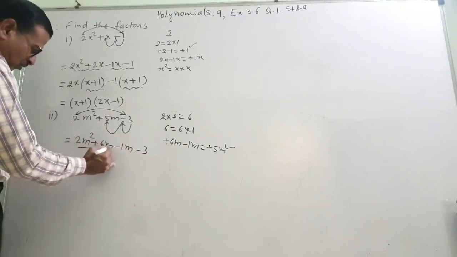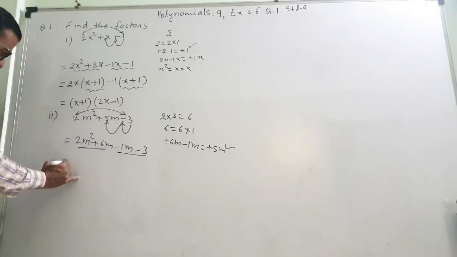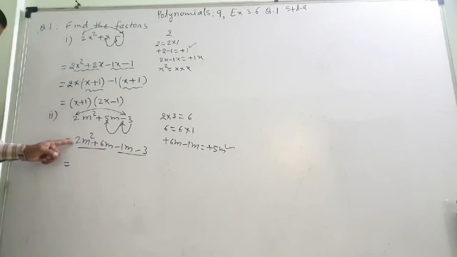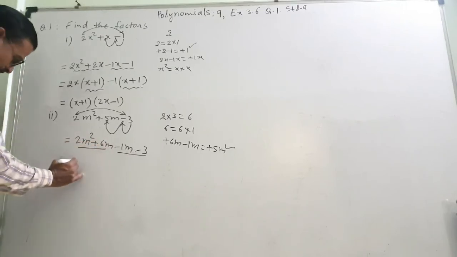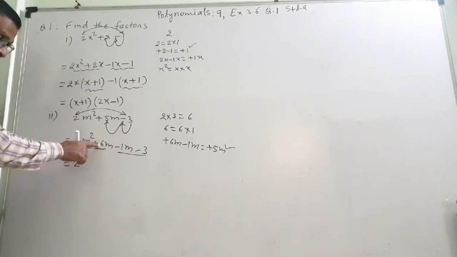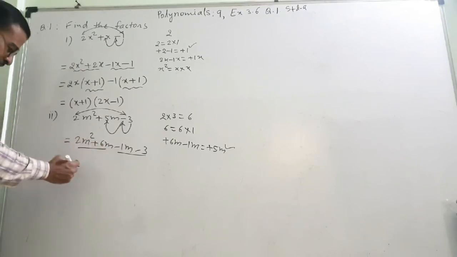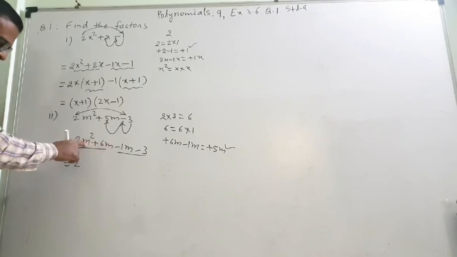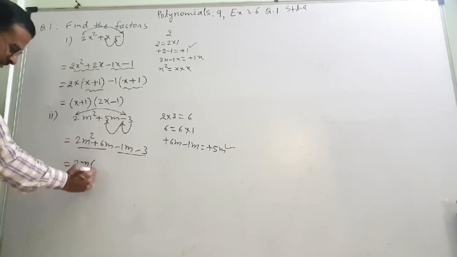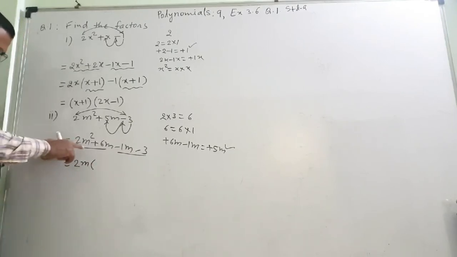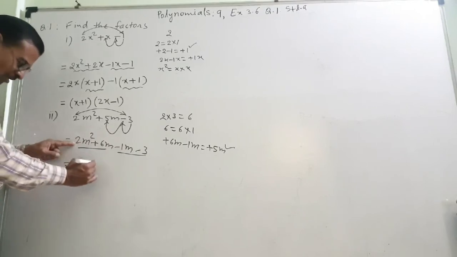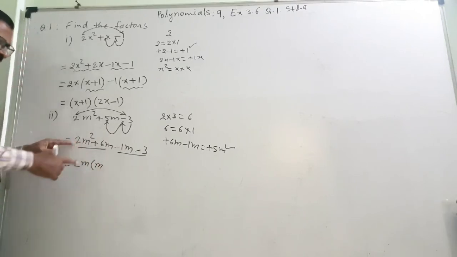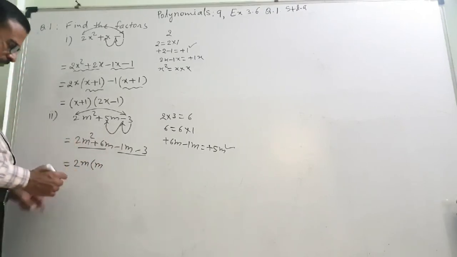So I will make the two groups. These are the two groups. This is equal to, now this is 2, this is 2 into 3. That means 2 is common. In this 2 is there, in this also there is 2. Why? Because this 6 is nothing but 2 into 3. So 2 is taken. Now from the variables, m is common. Here is also m, here is also m. m is taken. Out of m, m is taken. So m will remain, because this m square is nothing but m into m. Plus.